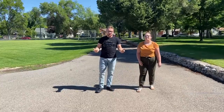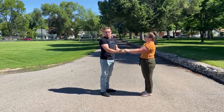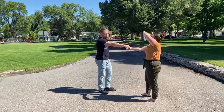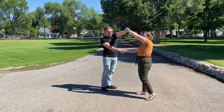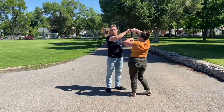Okay, the way you're going to start off this move, guys, you're going to be in a two-hand hold and you're going to go into a double overhand slide. You're going to let go with your left, slide and grab your partner's right like you're shaking hands, and then you're going to turn your left hand upside down. You're then going to spin your partner twice and make sure you're not death gripping your partner's hands so that